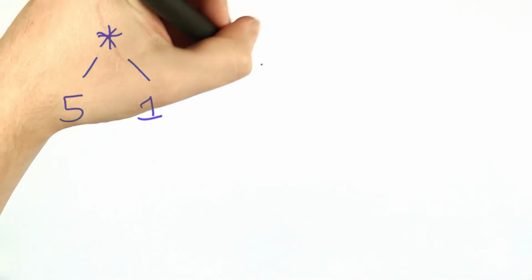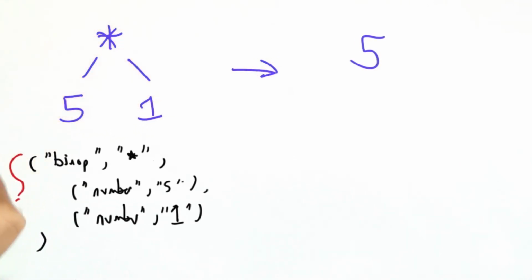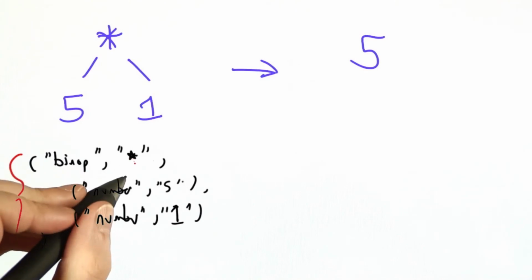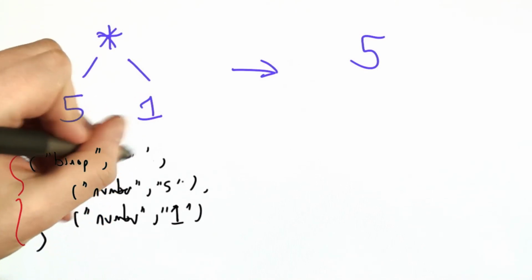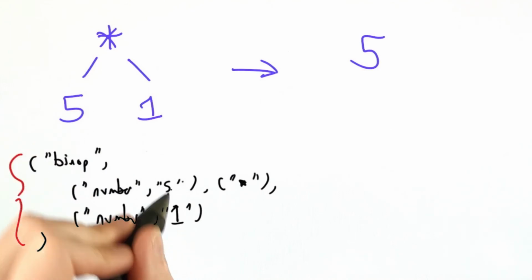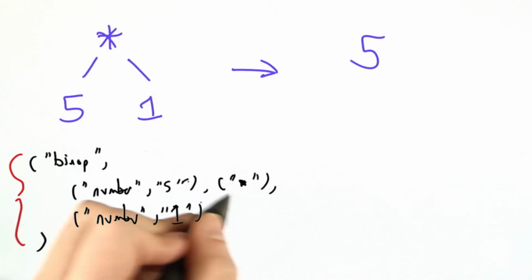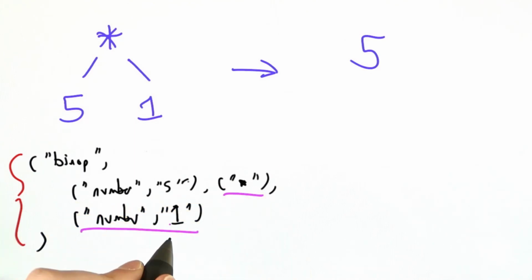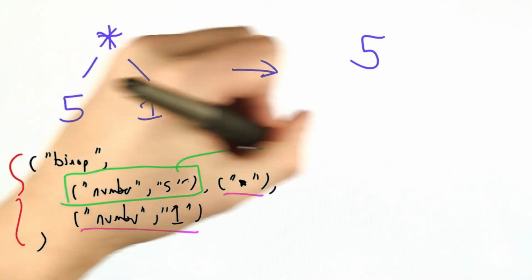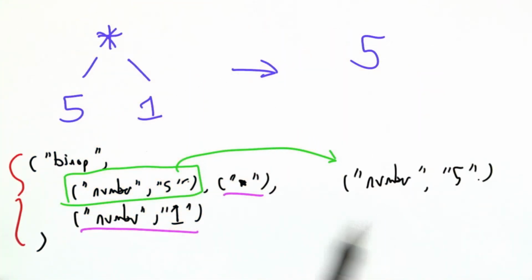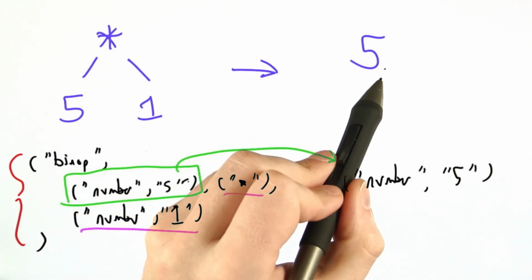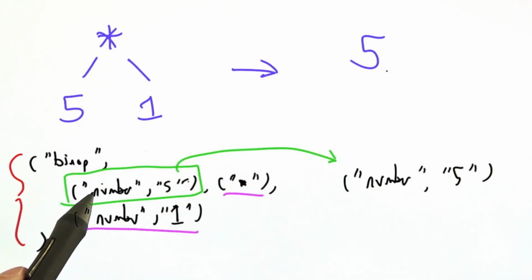Just to show this pictorially, let's say our input is 5 times 1. We're just going to replace that with 5. In our Python interpreter, that abstract syntax tree would show up as nested tuples. A binop where the left child is 5, there's some multiplication, and then the right child is 1. And if these two parts match a pattern we've already established, then we'll just hoist this part out and return it unchanged. So we've gone from 5 times 1 to just 5 by looking at our Python abstract syntax tree,